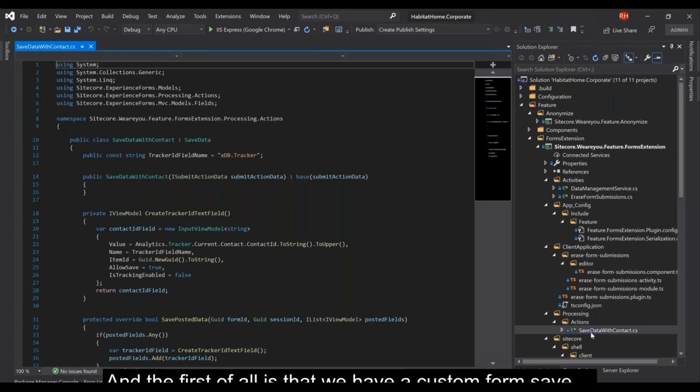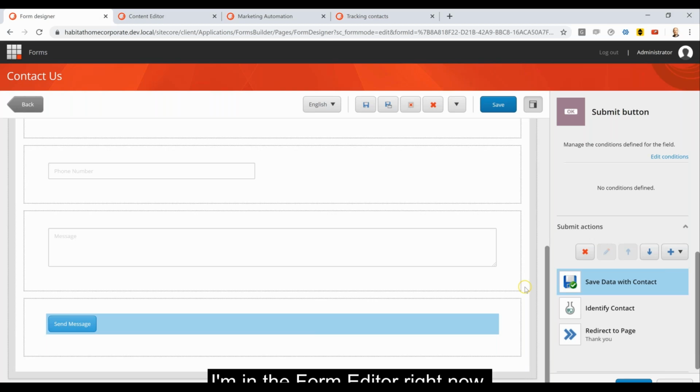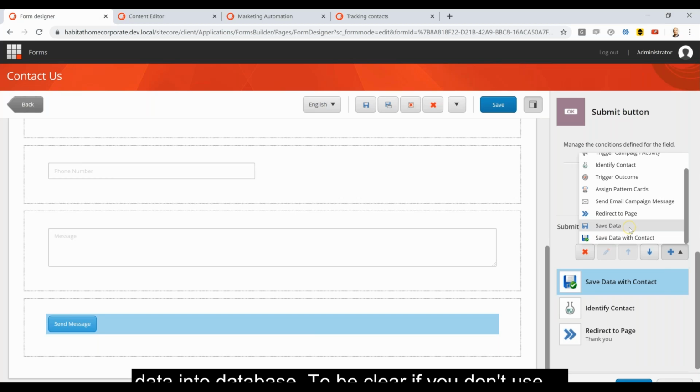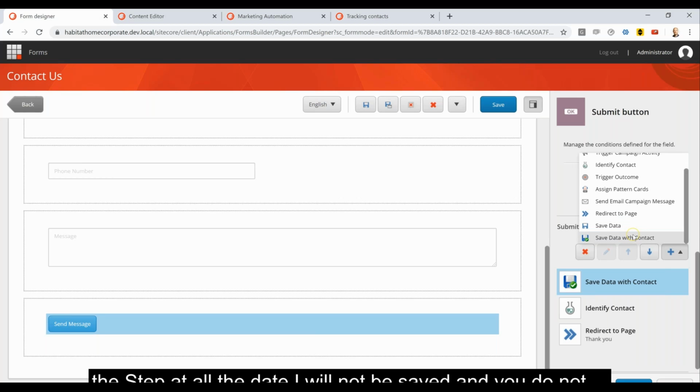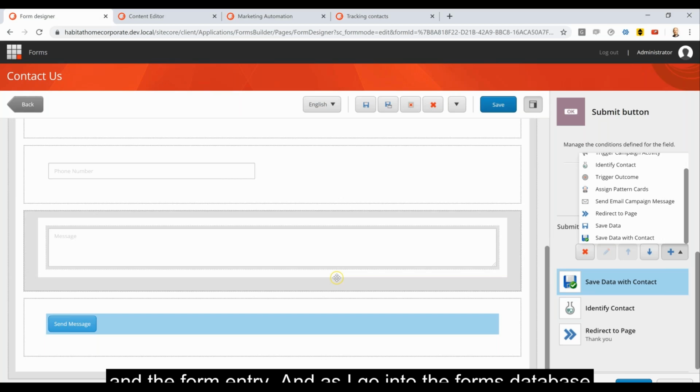I will show you in Sitecore that I'm in the form editor right now. And normally I have a save data action, which saves the data into the database. To be clear, if you don't use this step at all, the data will not be saved. And you do not have any issues at all in cleaning out the database, obviously. But if you do want to save the data, you need to establish a link between the contact and the form entry. And as I go into the forms database,